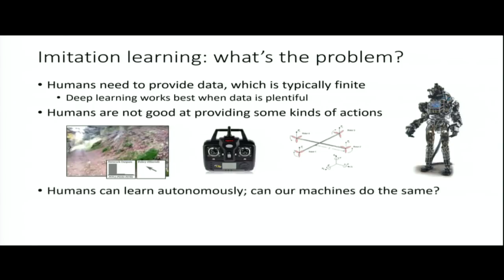So the third one, and this is maybe more of an intellectual problem, is that humans can learn autonomously. Humans imitate other humans, yes, but we can also learn things on our own. We're not limited to what we can imitate. So it seems like our machines ought to be able to do the same thing, and it's very unsatisfying if they don't. So they'll get unlimited data from their own experience, and they'll be able to continuously self-improve, which means that if they see mistakes, they'll be able to fix them. So it'd be awfully nice to go beyond imitation.